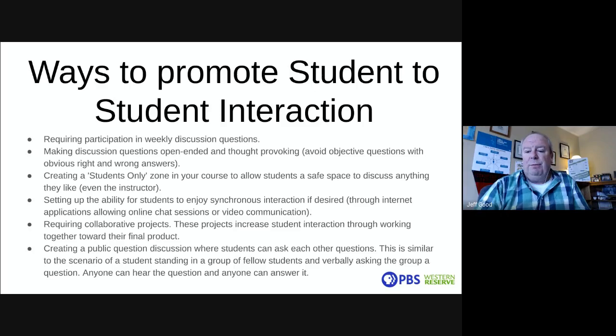Require collaborative projects. When you do a collaborative project, this really increases that student interaction, because now all of a sudden your students have to work together for a common goal, a common project. And then create a public question discussion where students can ask each other questions. So keep it in mind, this would be very similar to a student standing up in class and looking around the room and saying,